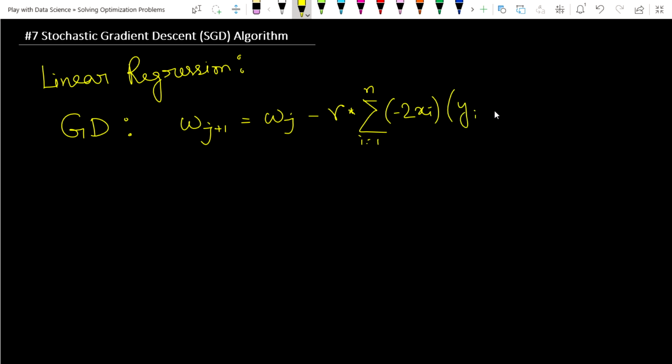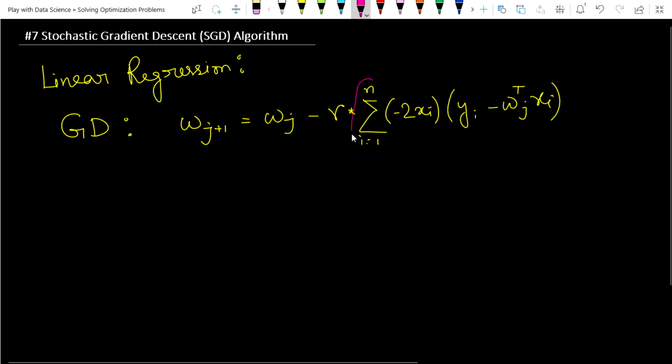I am writing the calculation taken from the previous lecture. We face a problem here: if n is large, calculating this portion is very time-consuming.